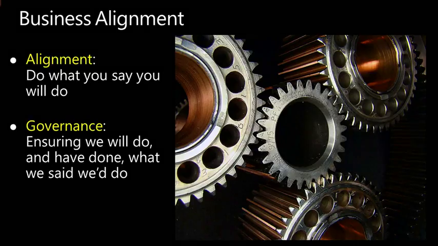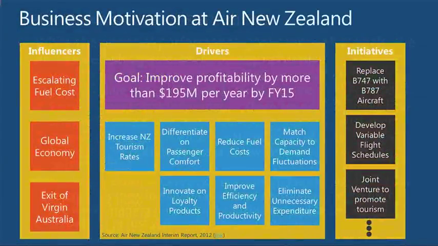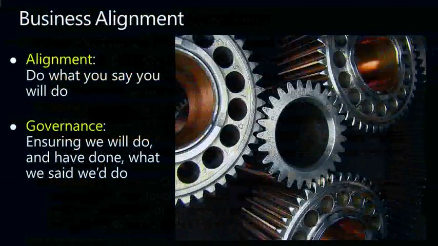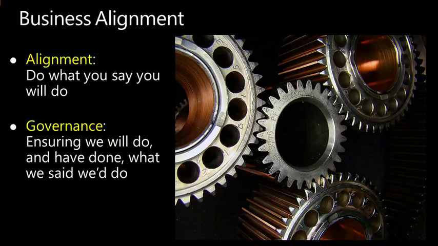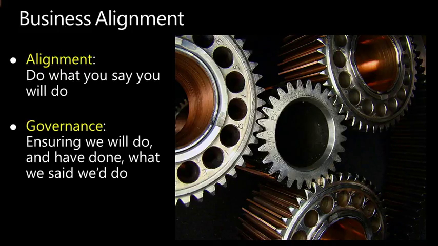Cut costs. Okay, how? So one of the strategies that was on this list from Air New Zealand, I want to point out here, is called eliminate unnecessary expenditure. How do we eliminate unnecessary expenditure? What's unnecessary? It's not aligned. Any expenditure that is not aligned is unnecessary. That's a way of defining unnecessary, not the right way, it's a way. Okay? So alignment is there to say that we're going to do what we say we will do. That's what alignment means. Very simple phrase. Okay, do what you say you will do.